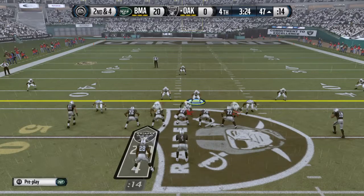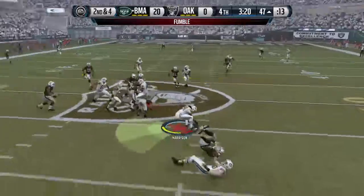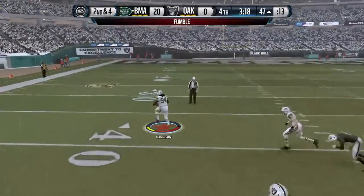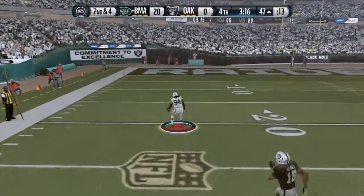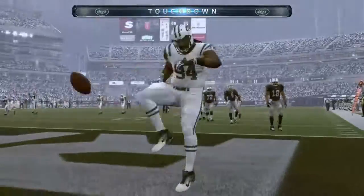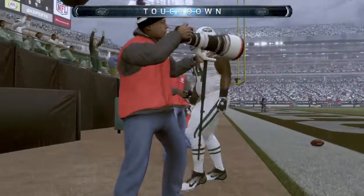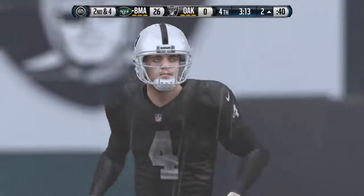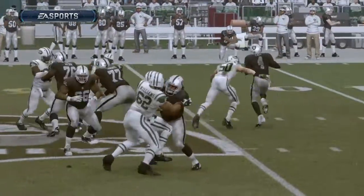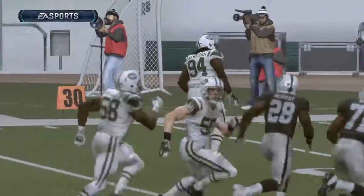All right, here we go. Red. Second down and 4. The ball is fumbled, and the defense has it. A foot race to the end zone. The 10 in stride, and he's home for the touchdown. What a deflating play for the offense. The defense picks up the fumble, takes it not only for a touchdown, but how long. Look at the